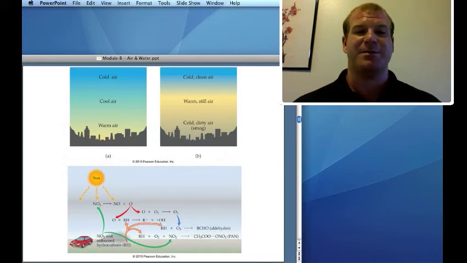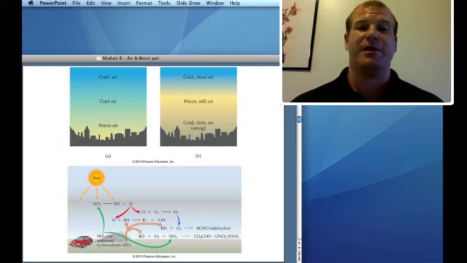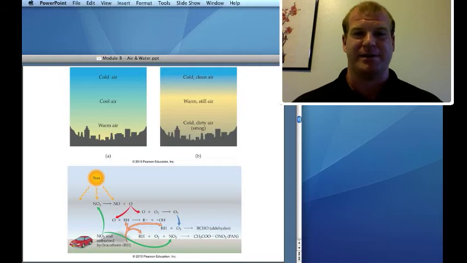So here shows a temperature inversion. To the left shows normal air, where cold air is on top and warm air is on the bottom. Now, maybe you've heard the phrase before, hot air rises. That's not entirely true. The truth of the matter is cold air sinks. As gases warm up, they expand, and if the gases above are cold, gravity pulls the colder air down because it's denser, and it pushes the warm air out of the way.